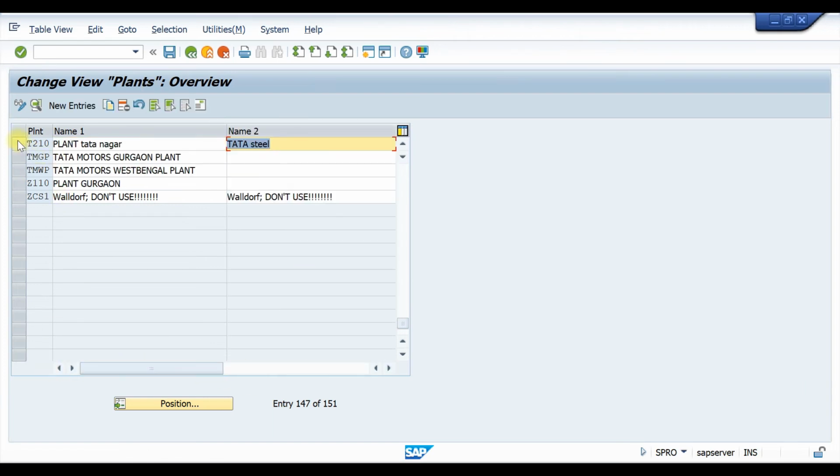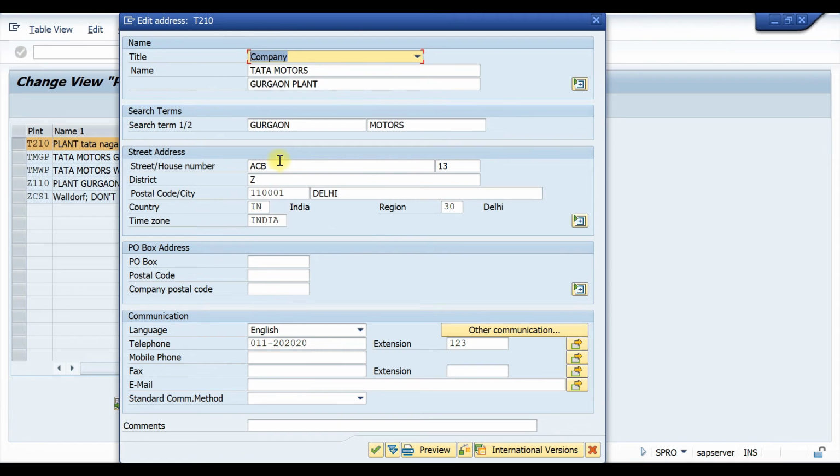Now we need to select this and click on this address button. Now here we just have to put the search term. Now the company is Tata Steel and the plant is Tata Nagar plant. Now here we put Tata Nagar as search term 1 and steel as search term 2. Then we can change this